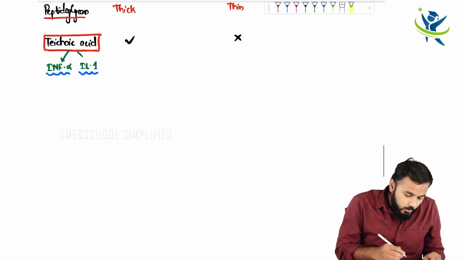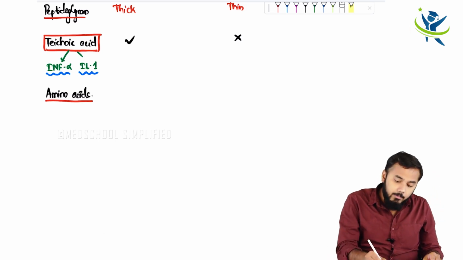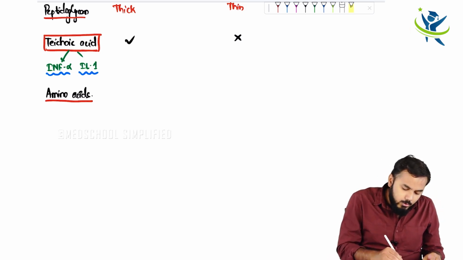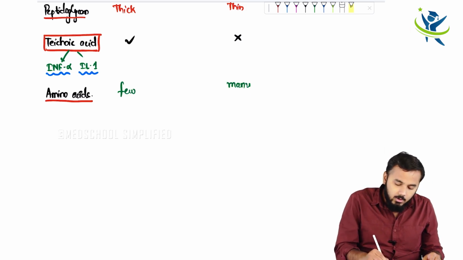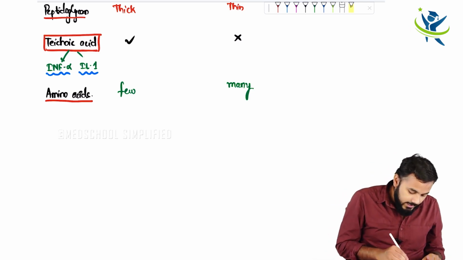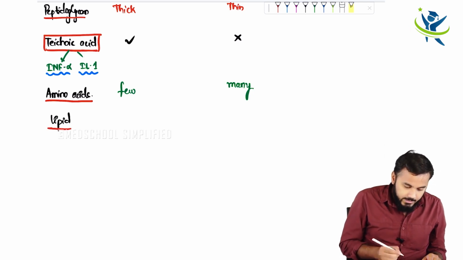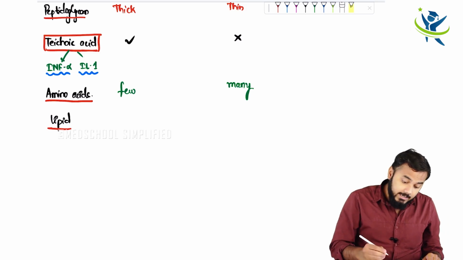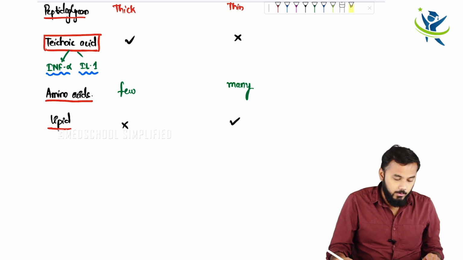Next, let us go to amino acids. Do all the bacteria release amino acids? Yes, all the bacteria release amino acids. But the important thing is gram positive releases only a few amino acids, whereas gram negative synthesizes or has many amino acids. Next important thing, after that, the lipid content. Where is the lipid content present? The lipid content is present in gram negative bacteria and absent in gram positive bacteria. Okay. Next,